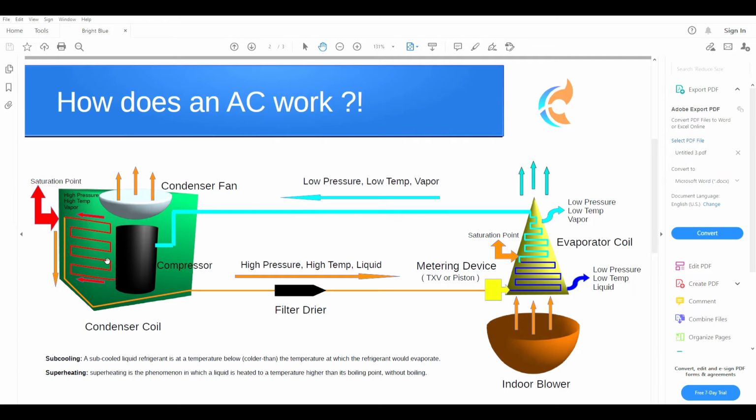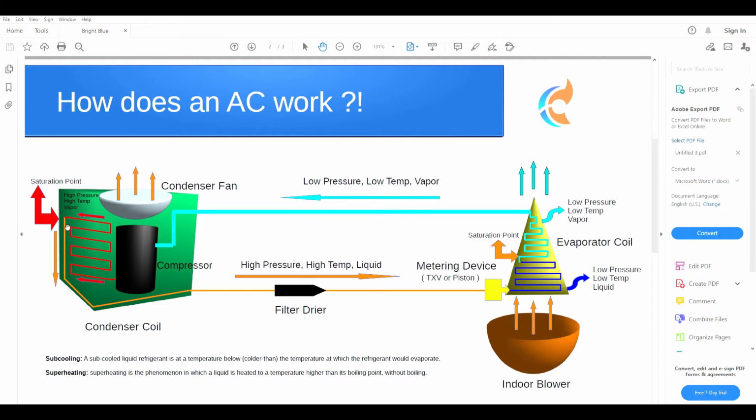So as the refrigerant is traveling through the condenser coil and the condenser fan motor is working, the fan is pulling in air from the ambient air, and as the ambient air is passing through the coil, it's absorbing the heat from the refrigerant in the condenser coil and rejecting it out. The refrigerant gets cooler and cooler as it's traveling through the condenser coil. With saying cooler, you're not really going to sense it. It's not going to get cold,